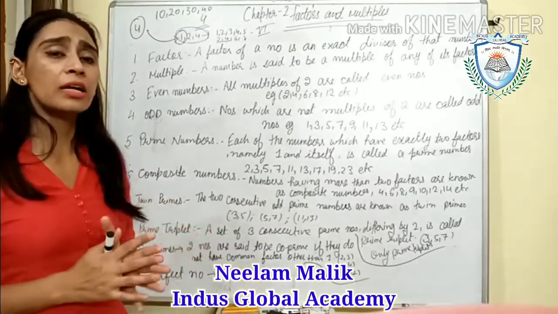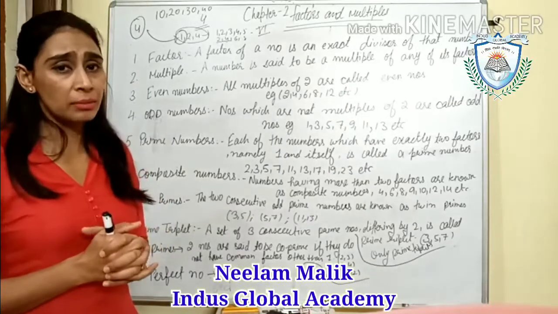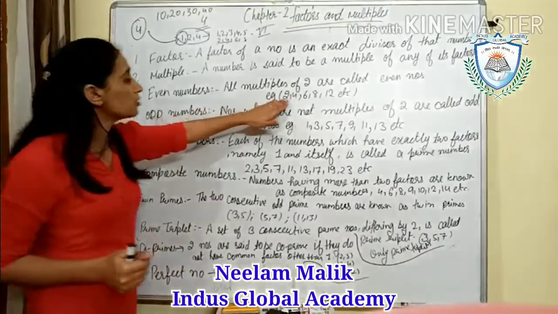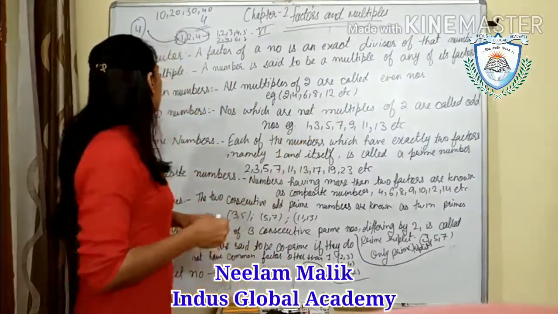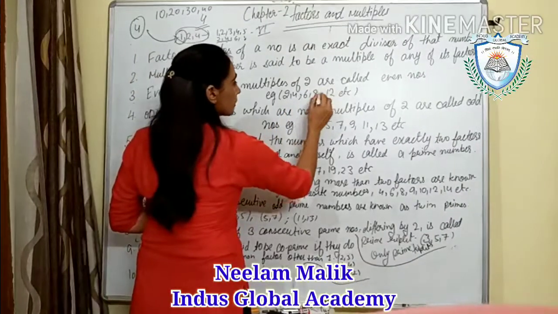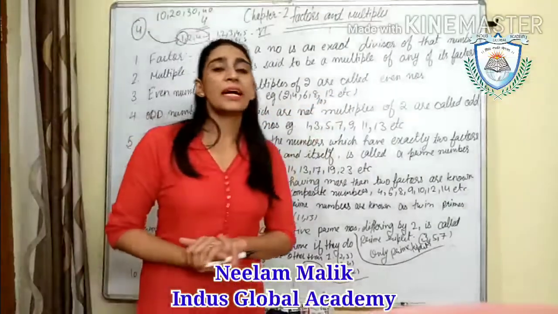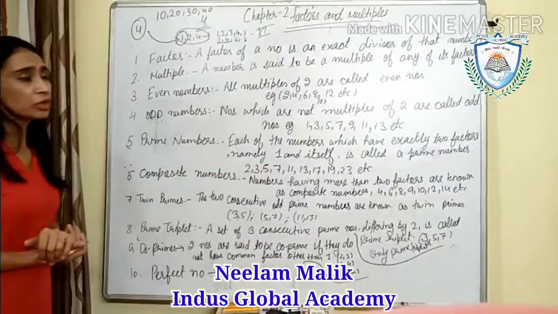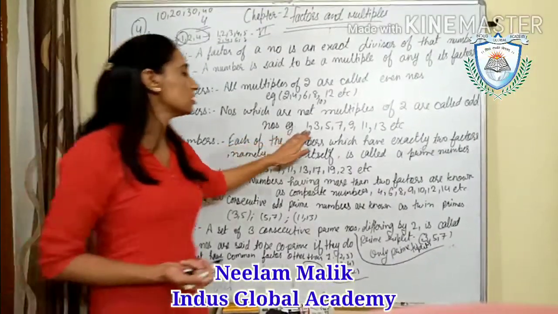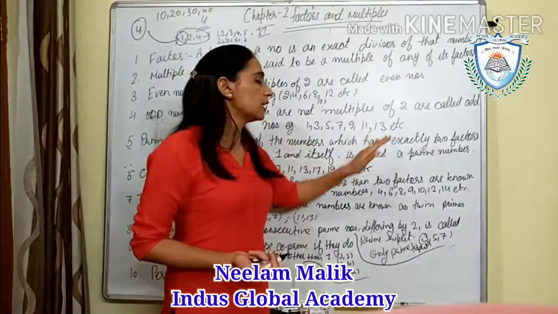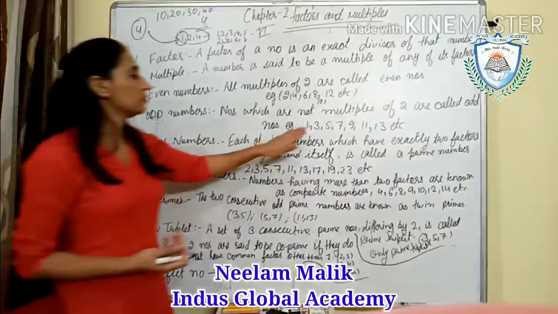Or another way to find out the even numbers and the odd numbers: if the last digit of the number is 2, 4, 6, 8, 0, okay, 10 will also come here. Suppose you are having 10. So if these digits are coming, then you will say that the numbers are even numbers. Okay, now odd numbers. What are the odd numbers? In the odd numbers, what will be the last digit? 1, 3, 5, 7, 9, like 11, 13, etc. Means an odd digit will be at the end, like 1, 3, 5.